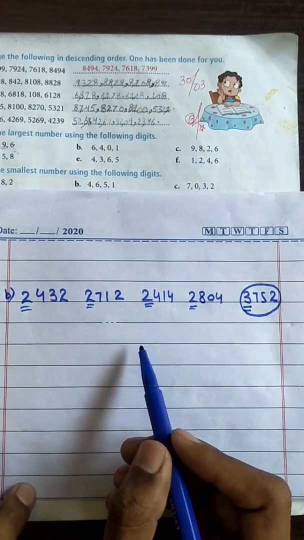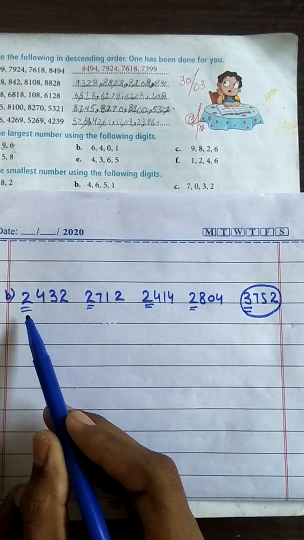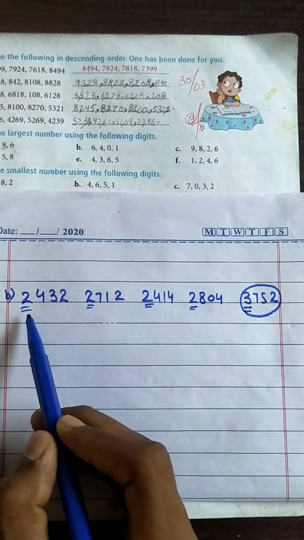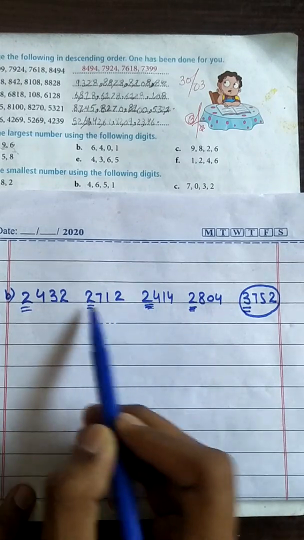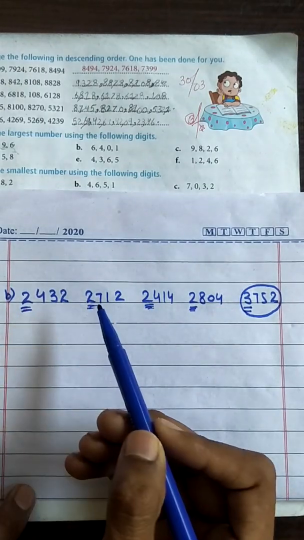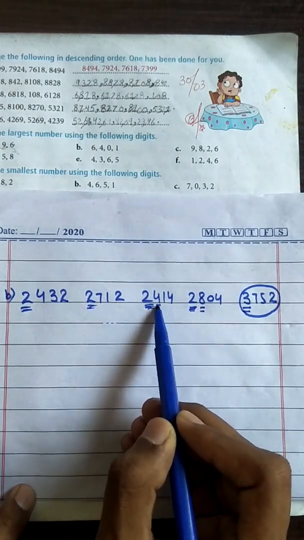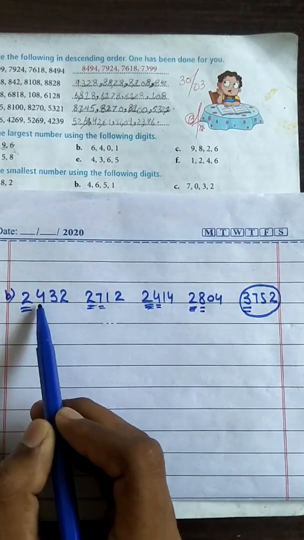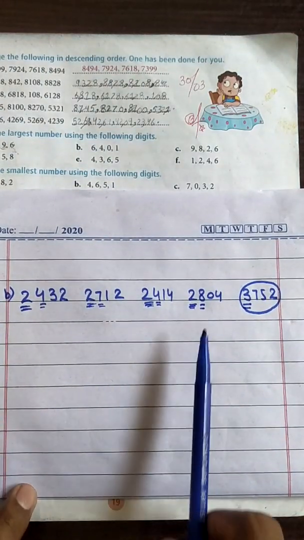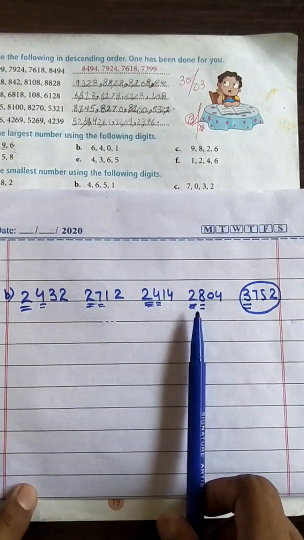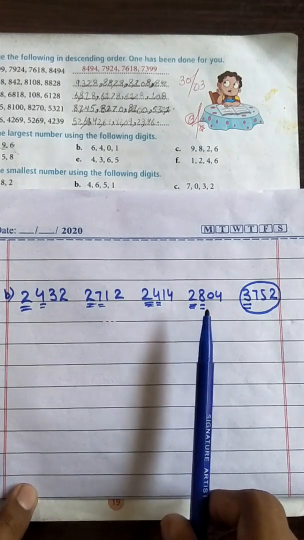Now we select the smallest number. It is understandable that the smallest number lies among those 4 terms. Okay, so here the first number is 2. Now compare the second number, here at the 100 place: here the 8, here the number is 4, here the number is 7, here the number is 4. If you observe, we are selecting the smallest number, but here the number 8 is the greatest of all these four terms. Okay, so this is not the smallest number.